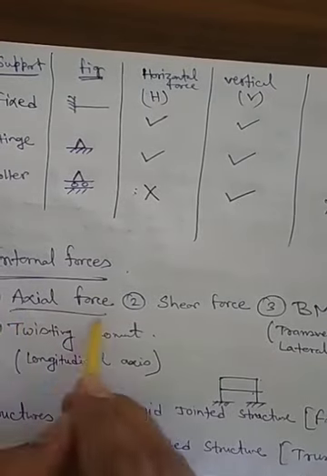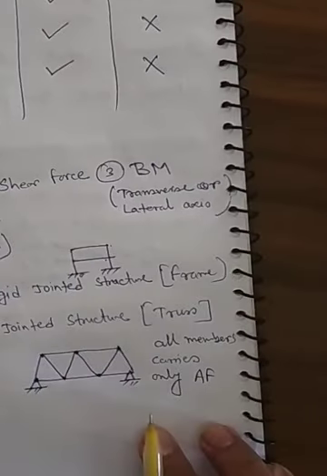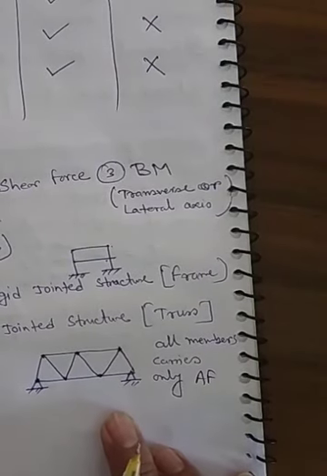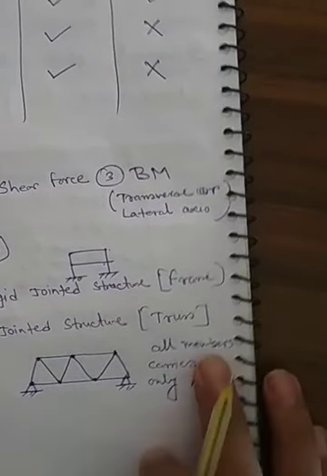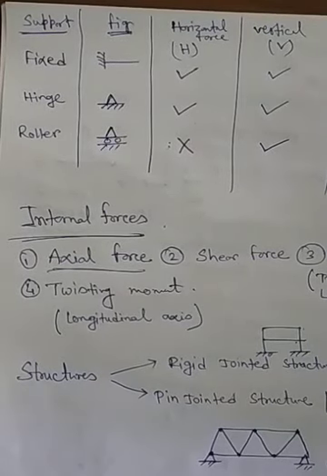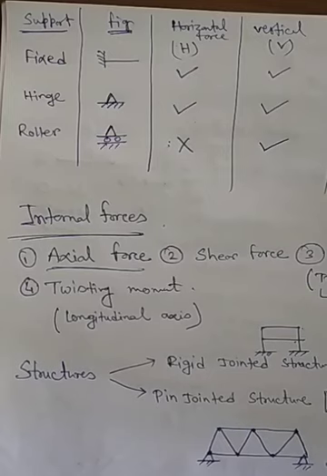Only axial forces. In case of truss, all members carry axial forces. So these two types of structures we have to deal with, and let us know what the equilibrium equation is,